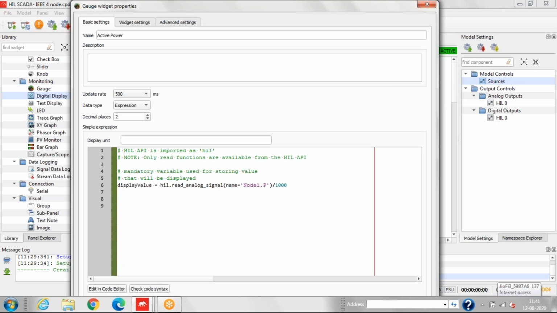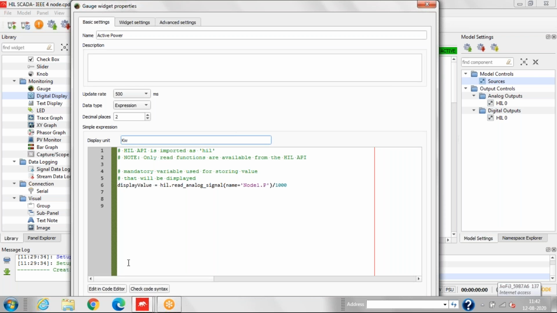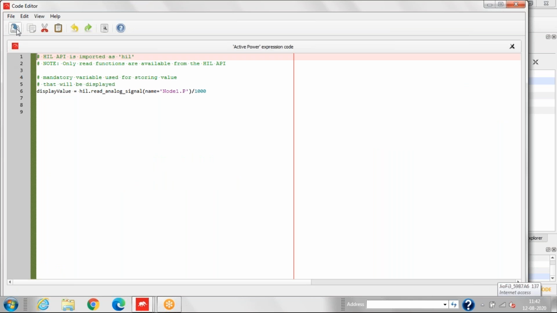Now one more thing we have to do, we'll change the display unit to kilowatt. We'll go to advanced setting and change the minimum and maximum value here. The minimum will be 0 and the maximum will be 8000. Now similarly we'll go to the editing folder and save the setting.